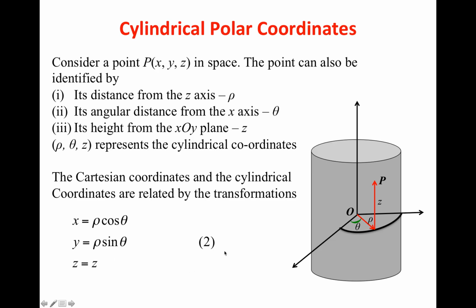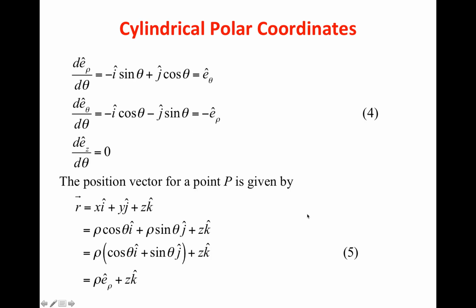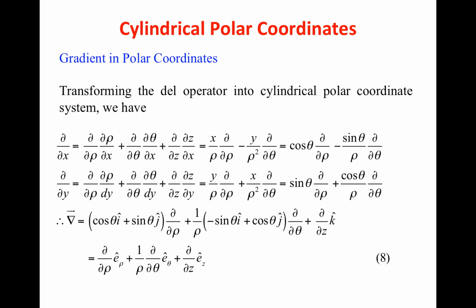So maybe you can pause the video here for some time and try to see that this is the rate that you are going to get, because rho, in terms of your coordinates x, y, z, is equal to the square root of x square plus y square. Theta is given as tan inverse of y by x, and of course z remains the same as z. So z is independent of x, and I will not get any component from this place. So I am going to get these two components, and that is going to give me this.